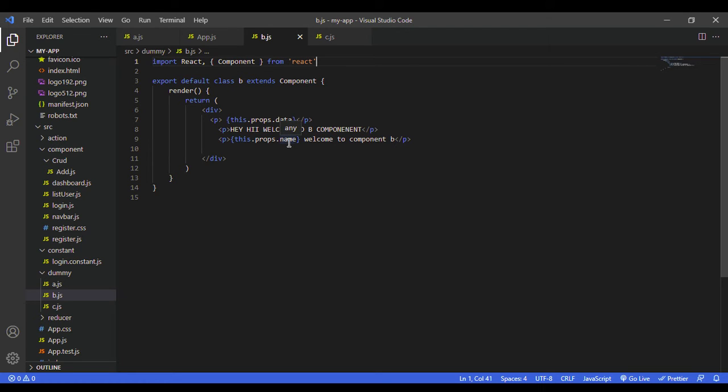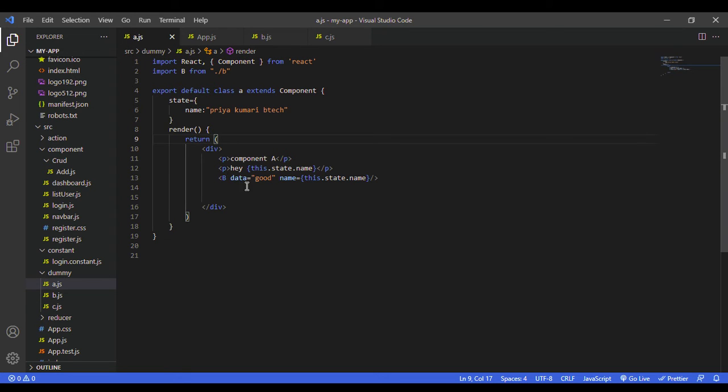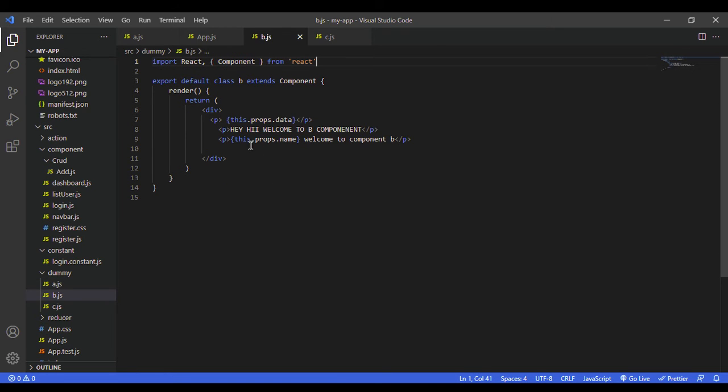If you want to pass any static value from one component to another, like I want to pass data to component B, I have stored the value "good" as a string in the component, and after that we can access it in the component like this: this.props.data, whatever name we have given. Now we can see the output